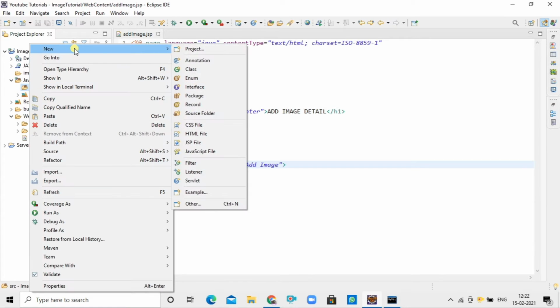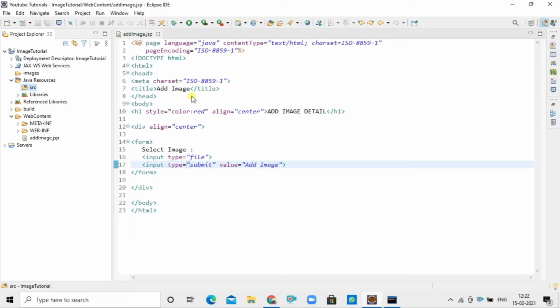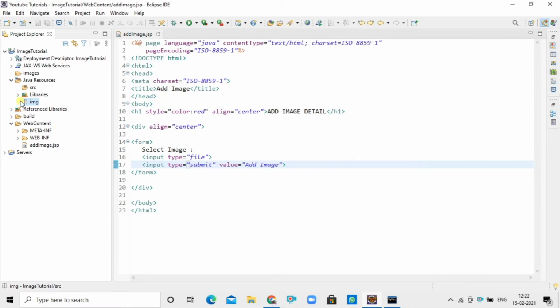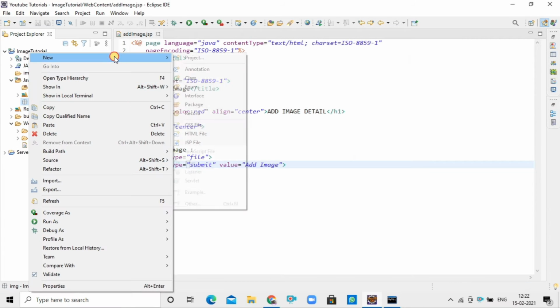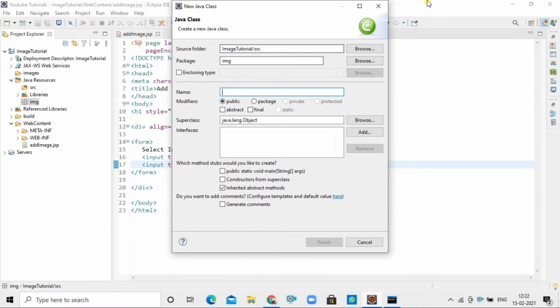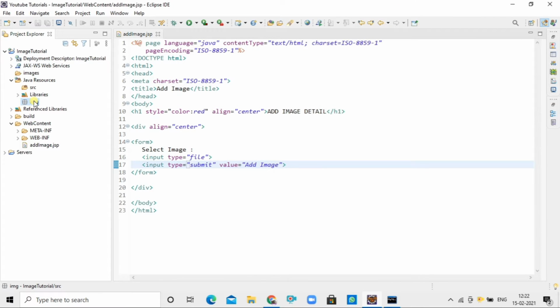Now for creating the servlet, firstly I will create a package as img. And inside this package I will create a servlet as AddImage.